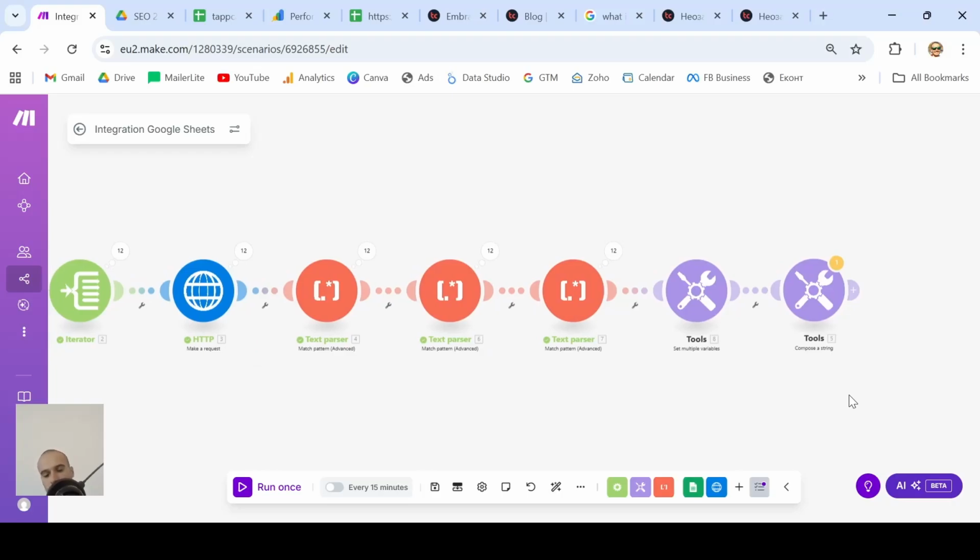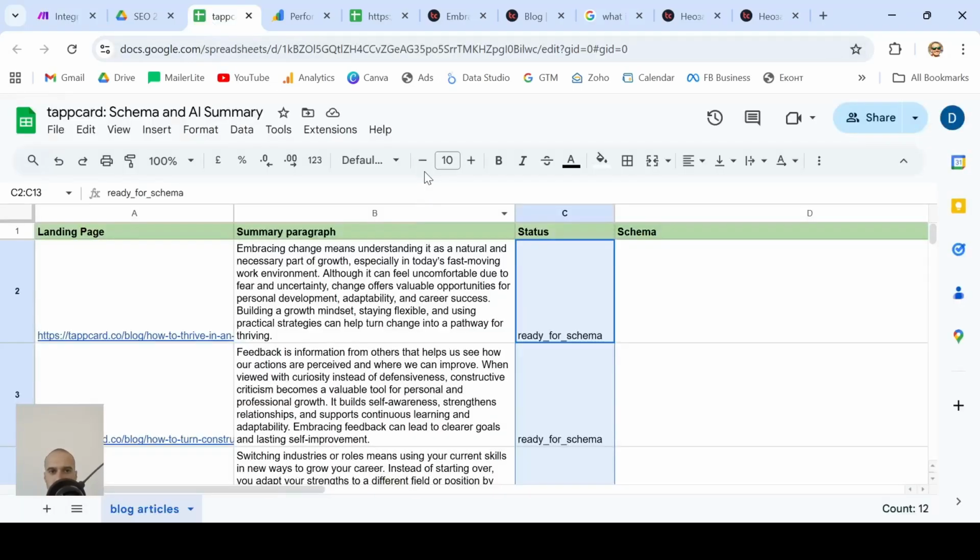Okay, now our schema will be automatically populated with the article URL, the article publish date, the article image link, the article AI summary, and the article headline. And one step more we need to do is to actually save the schema markup